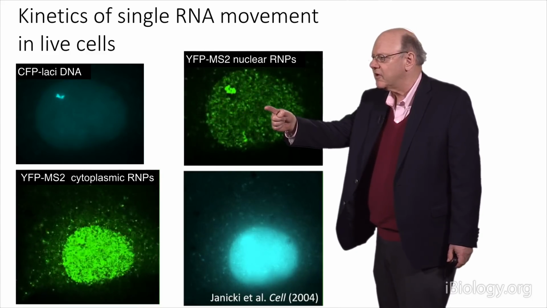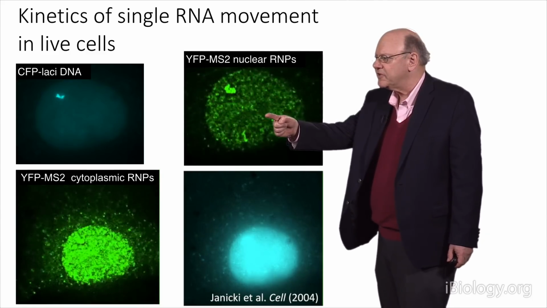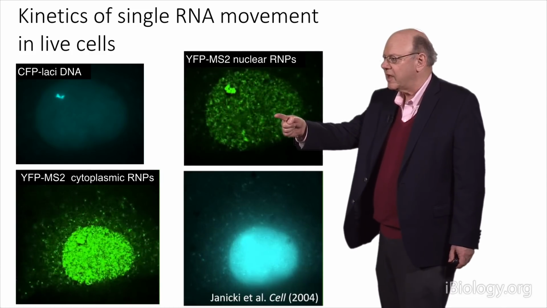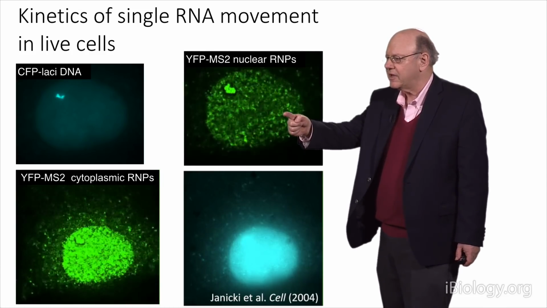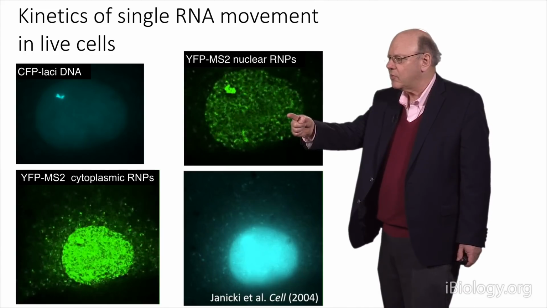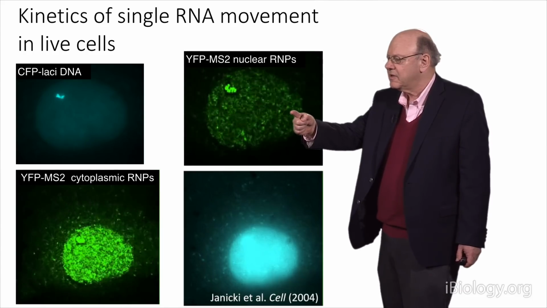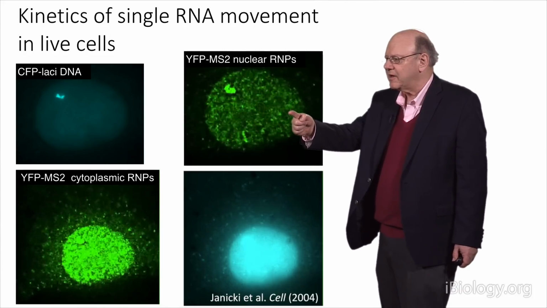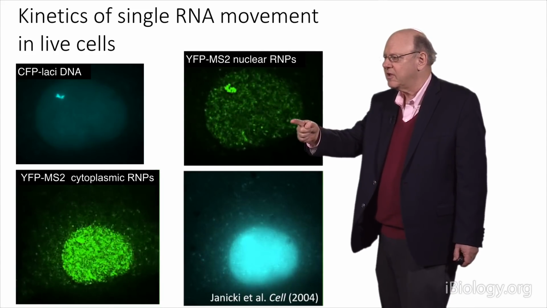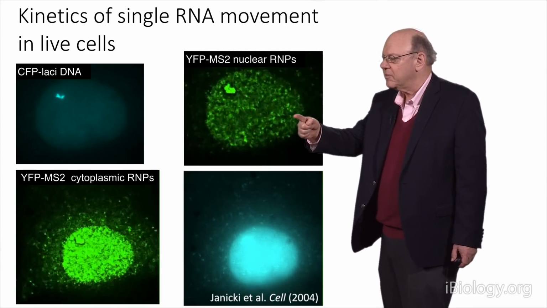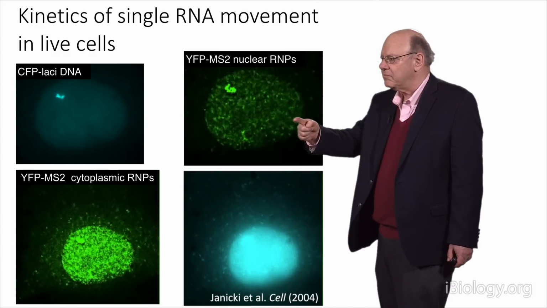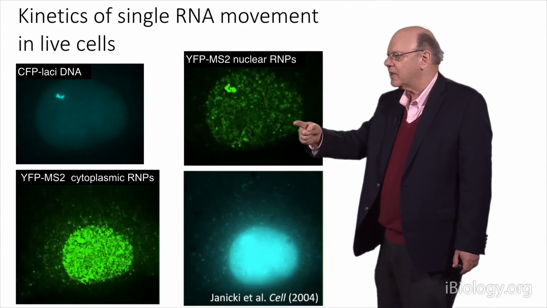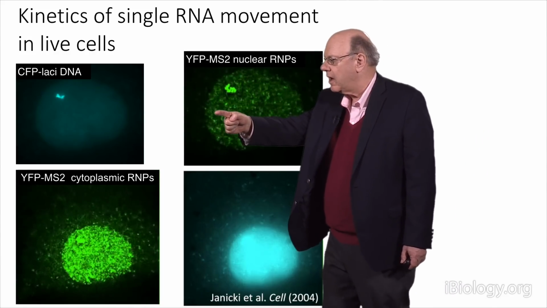And you can see the RNA coming off that gene buzzing around in the nucleus like a swarm of angry bees. And this tells us right away that the mechanism that RNA exports from the nucleus is really one of diffusion. Because if the RNA were pumped out into the cytoplasm directly from the gene here, then you would